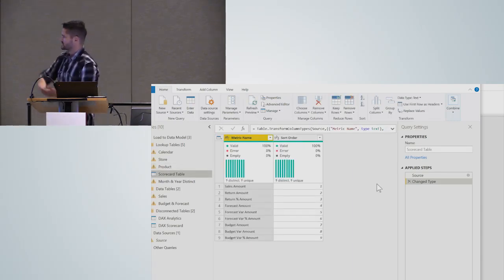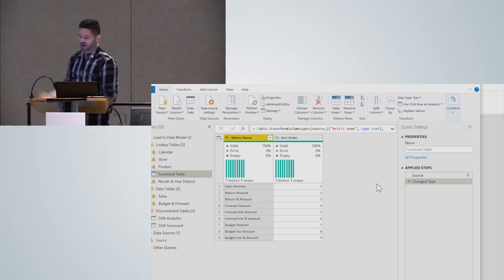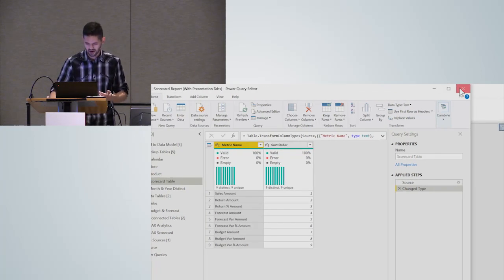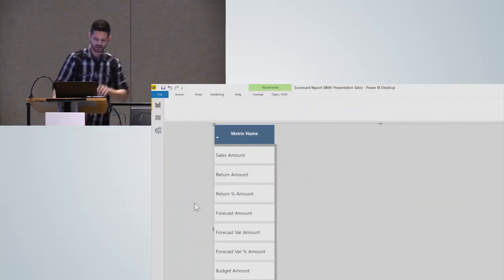And as I said, just the rows for each of the essentially KPIs or metrics that I want to display. So for all the data related to that, for sales amount, return percentage, and a sort order as well, that way it actually displays correctly in there. That's a pretty straightforward thing within Power BI, just sorting text by number. That gives me the organization and the look in this format here.